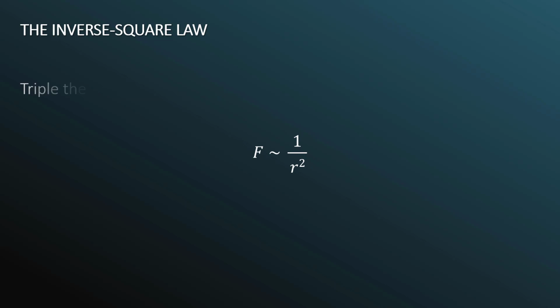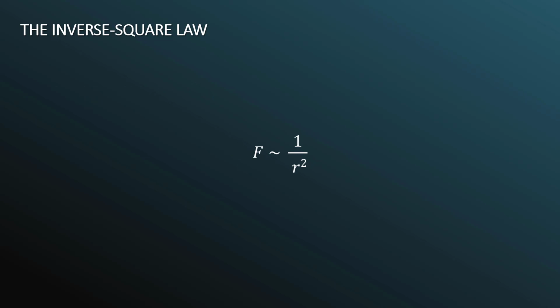What if you triple the distance? So instead of being at some random distance r, you're now at 3 times that original distance. Well, let's go through the same process. Plug in 3r, distribute the square, 3 squared becomes 9, therefore the question mark becomes 1 over 9, and the force becomes 1/9 of what it was. So if you triple the distance, the new force acting on the objects is now 1/9 of what it was